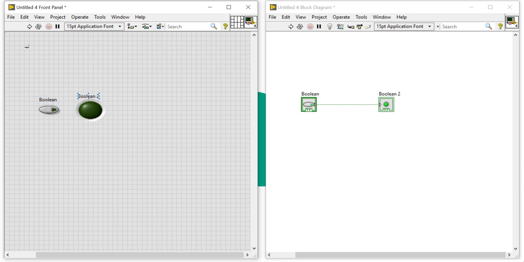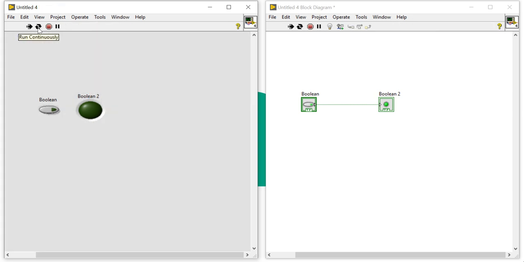Okay, now let's try to check our function. Here I am going to press the run continuously button. When I press the Boolean, Boolean 2 will glow. When I click it again, press it again, it will turn off, on, off. Why on and off? So let's check the logic behind the on and off.